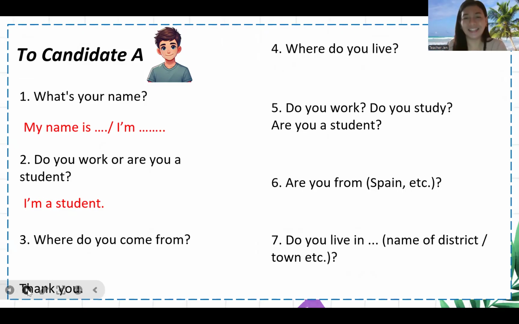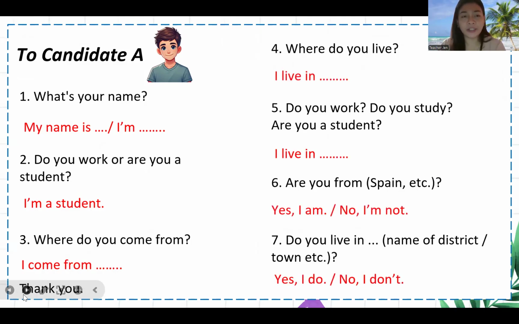Just like that. Oh, where's your school? You can also add some questions, ad lib. Okay, where do you come from? I come from the Philippines. How about you? I come from Vietnam. So the student will answer. So take turns, one asks, one answers. Teacher asks, student answers. Or sometimes you can also let the student ask you. Student asks, teacher answers. It depends. Okay? So just do it like that.